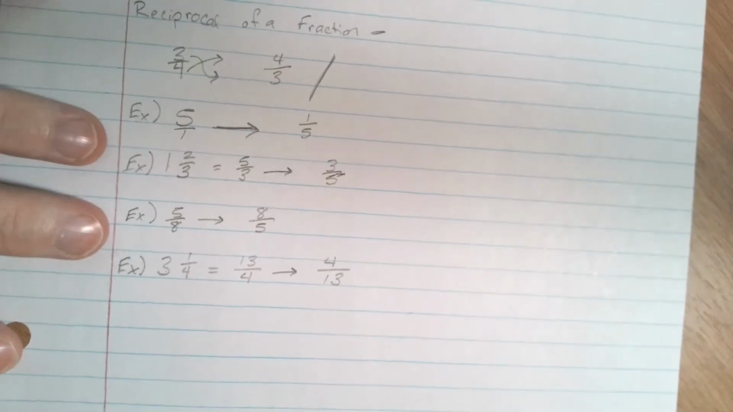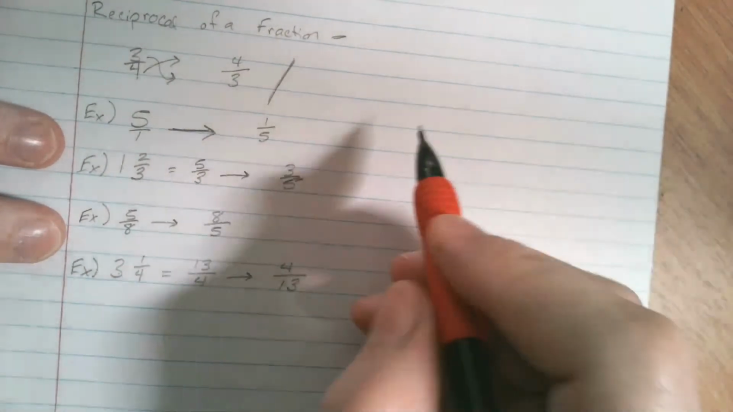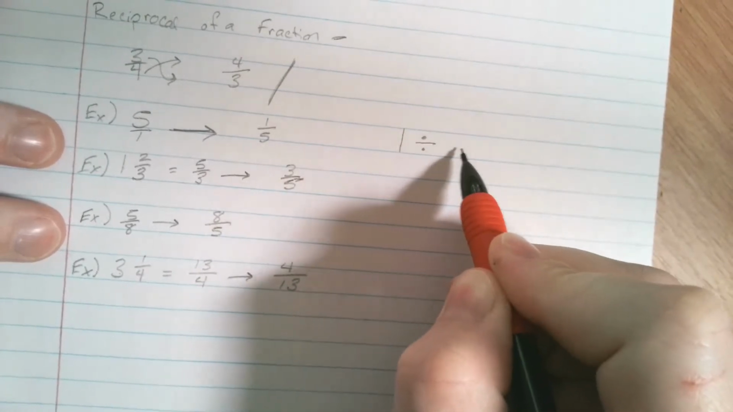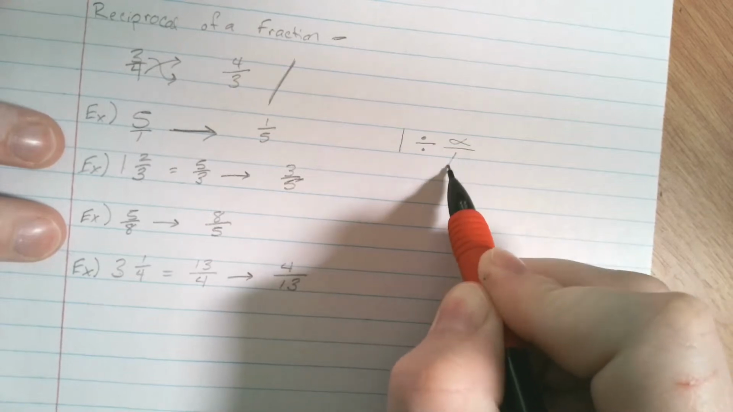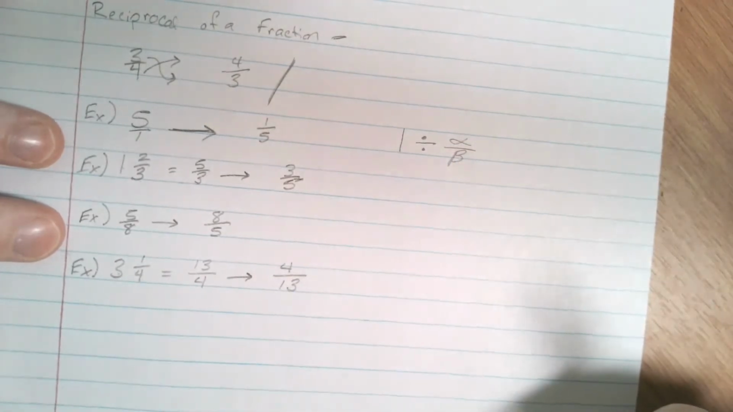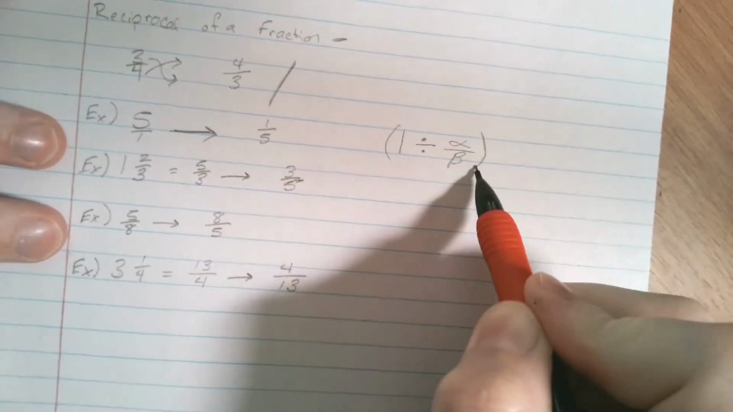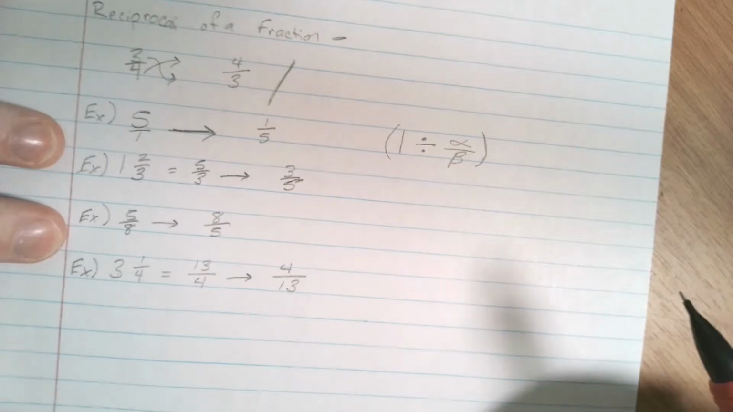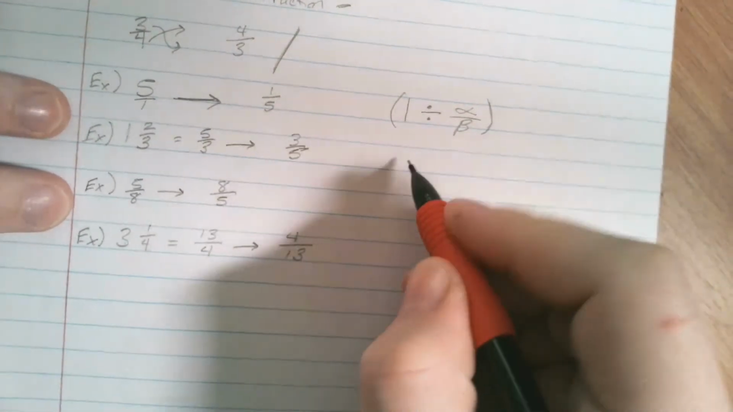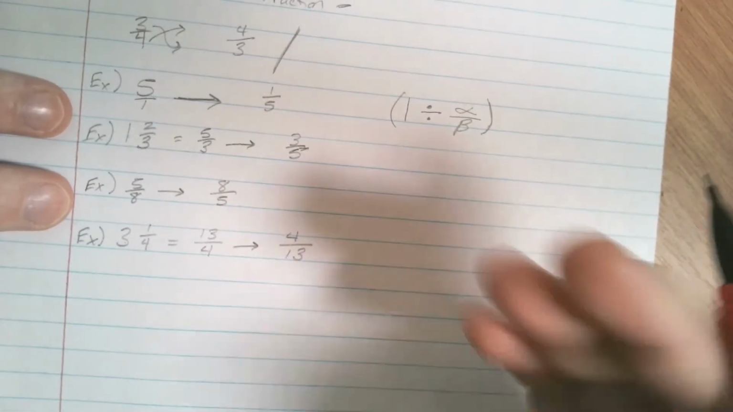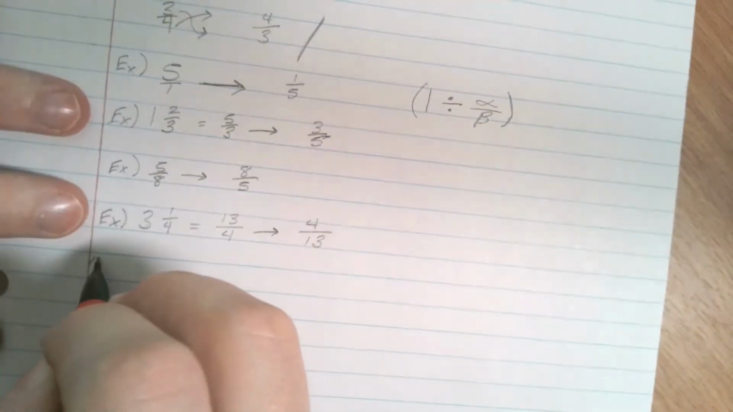Technically, what you are doing when you're finding the reciprocal is 1 divided by that fraction. So A over B, this is what you are doing when you find the reciprocal. Because when you divide by a fraction, you are multiplying by the reciprocal. So the core concept to multiplication or division of